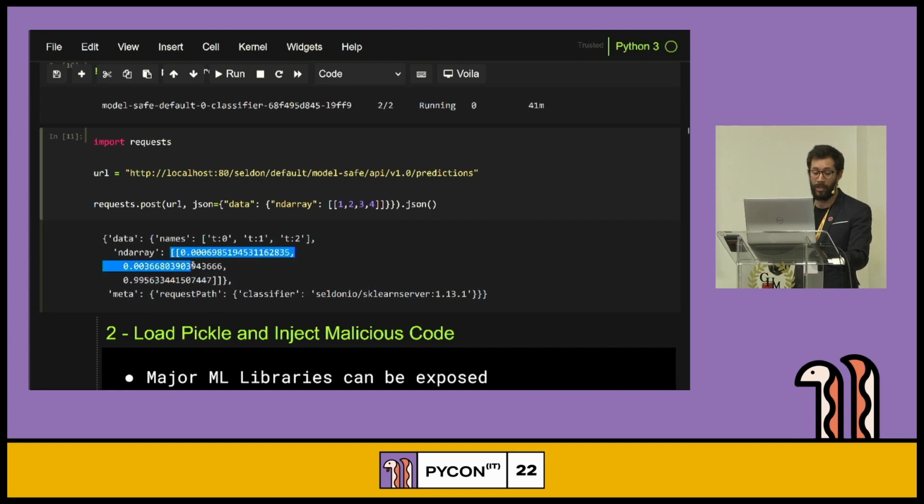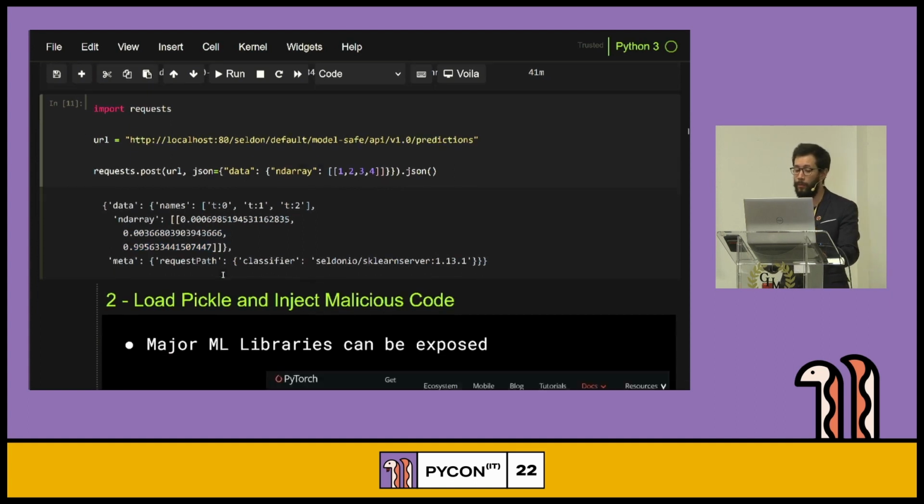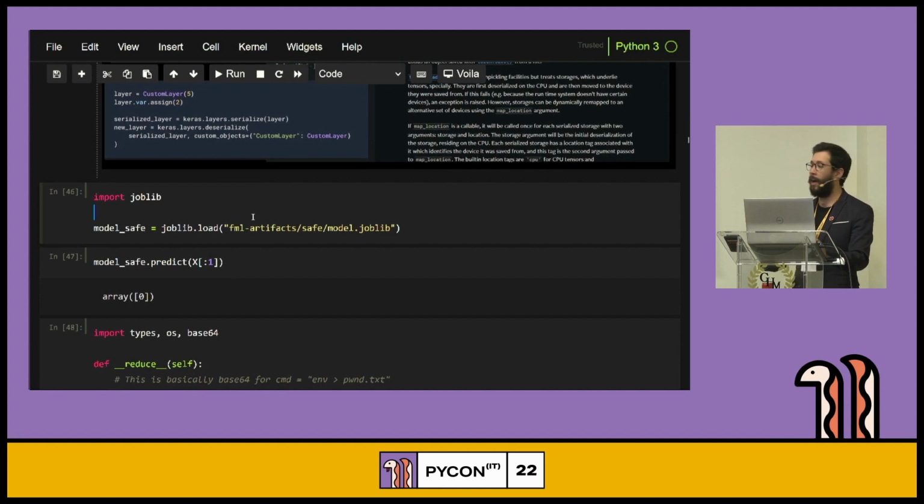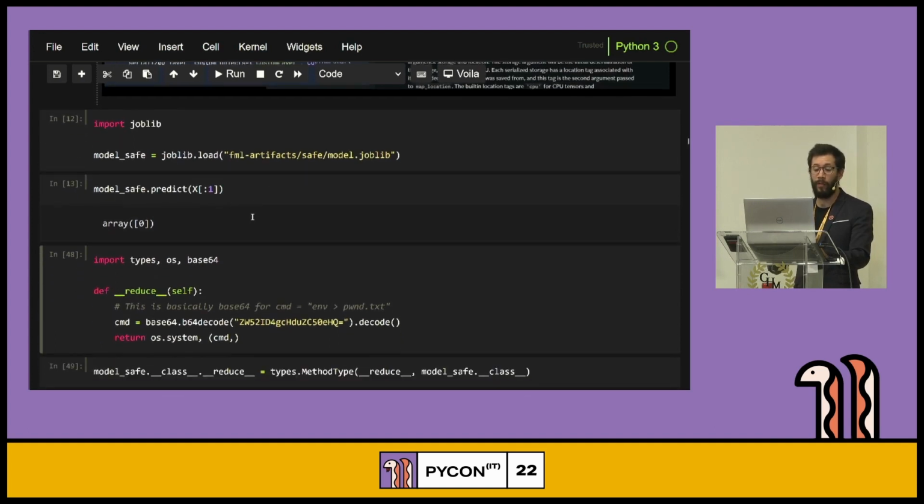So in this case, the prediction is a one-hot vector, or probabilities, and it says that this is the class number 2, right? But now if we want to ask the question of, well, what happens when we try to find the exploits of that pickle? We can first try by just loading that pickle. We can try running a prediction. It still works, right, as we expect.